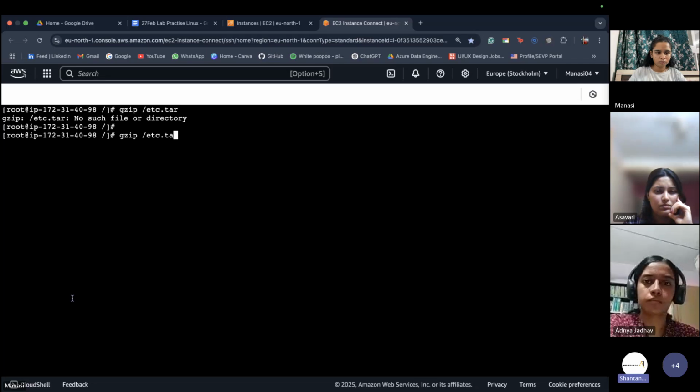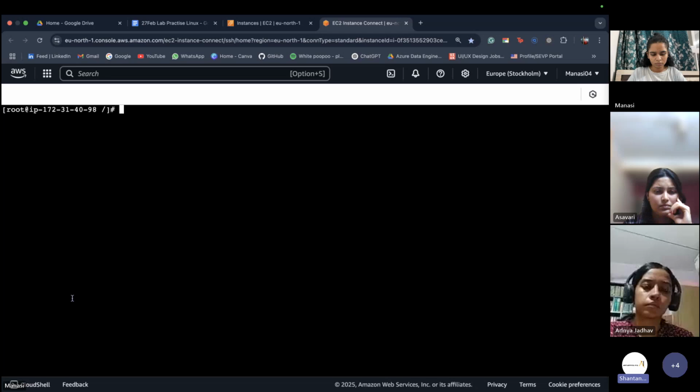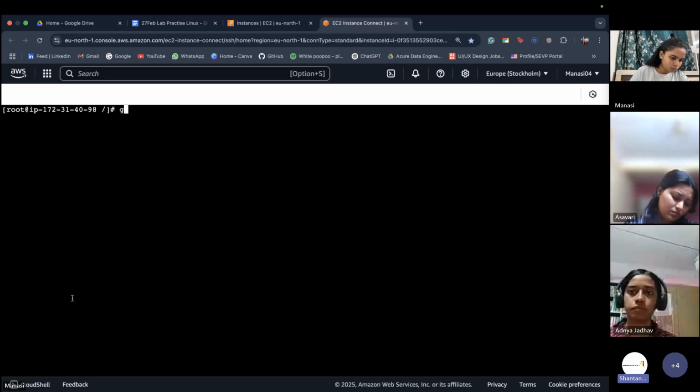Mansi, please clear your screen, and for gzip under standalone compression, we have to type in gunzip as a command, gunzip, space, the file name or directory name that we want to compress.